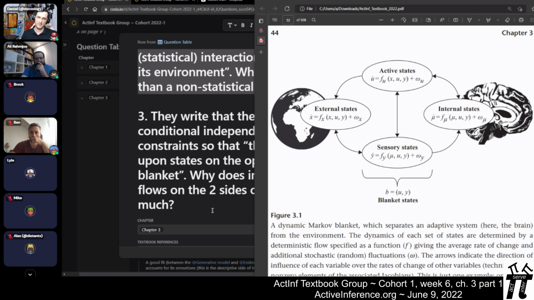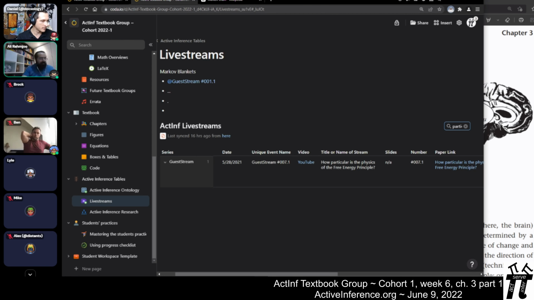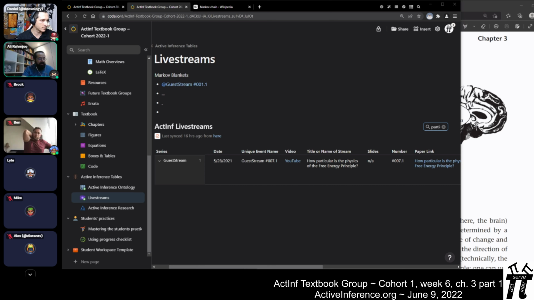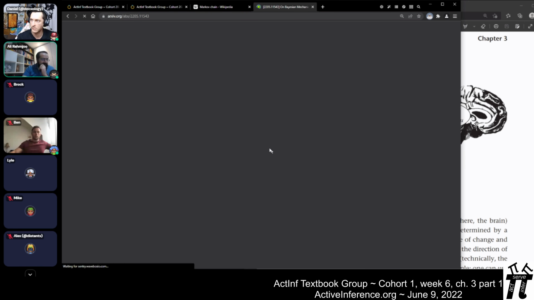I just wanted to point out one of Ramstead et al.'s recent fascinating papers on Bayesian mechanics, which I put the link to in the chat. And in that paper, especially in section 3, they have a very illuminating discussion about this whole business of